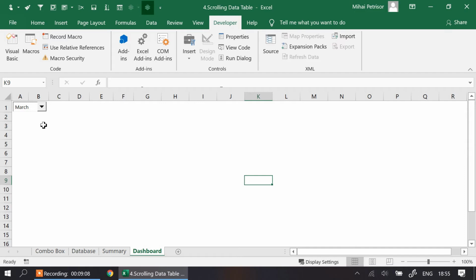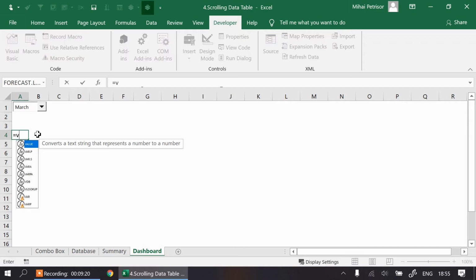So first step, it's to create the mini table for us. Let's put it here. So this cell will be equal a VLOOKUP, so another lookup function